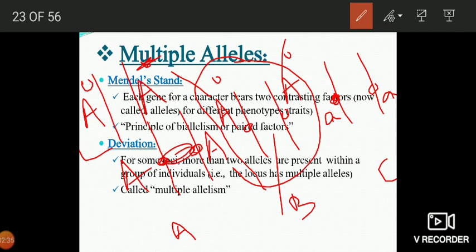Okay, but when you consider the whole population, when you consider a group of individuals, if you are able to find more than two alleles of a gene within a population, then at that time that gene is known to have multiple alleles. Okay, so simply occurrence of more than two alleles of a gene within a group of individuals, this is known as multiple alleles. Okay,